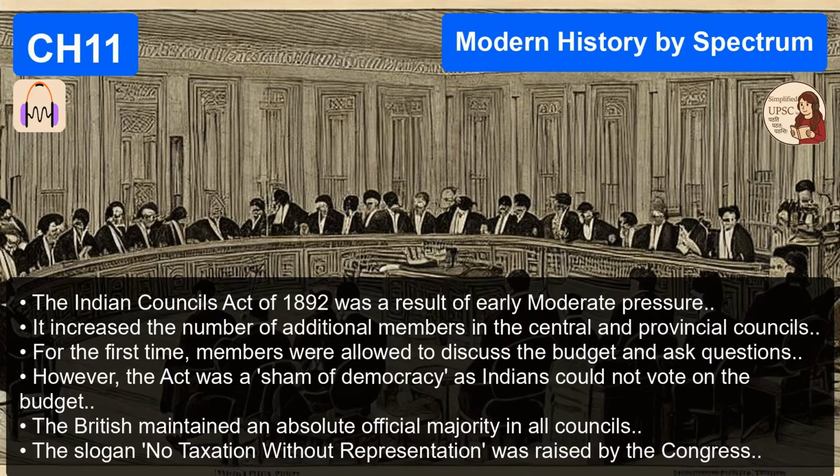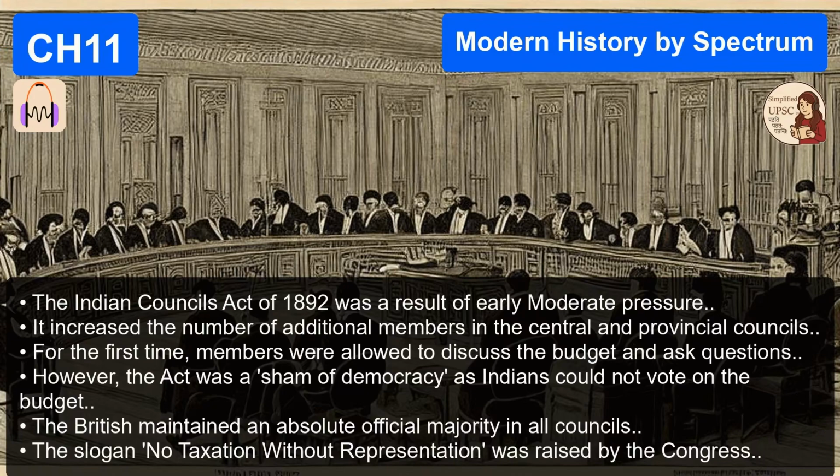And honestly, the reaction of the British government is the ultimate proof that the moderates were effective. Yes. If the moderates were just harmless, begging elites, why did the British Empire work so incredibly hard to destroy them? The attitude shifted drastically. It went from neutral tolerance to outright hostility. Lord Dufferin called them a factory of sedition. The government actively started deploying the policy of divide and rule. They started encouraging communalism to break the nationalist unity.